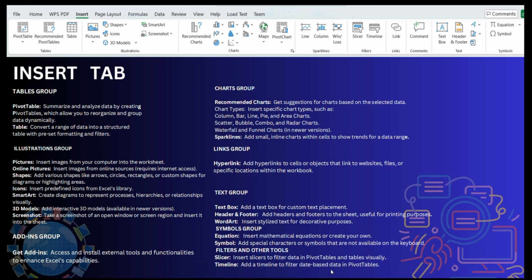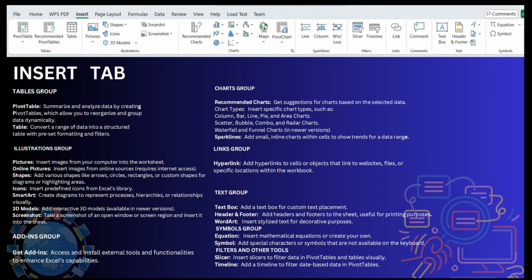Icons insert predefined icons from the Excel library. SmartArt creates diagrams to represent processes, hierarchies, and relationships visually. And 3D models: interactive 3D models are available in newer versions.